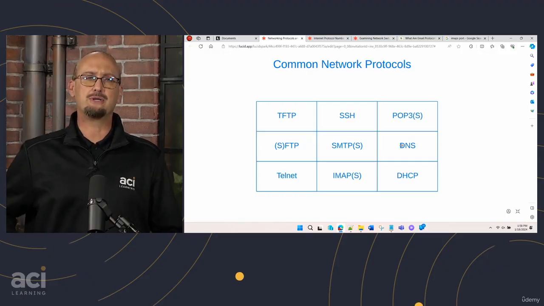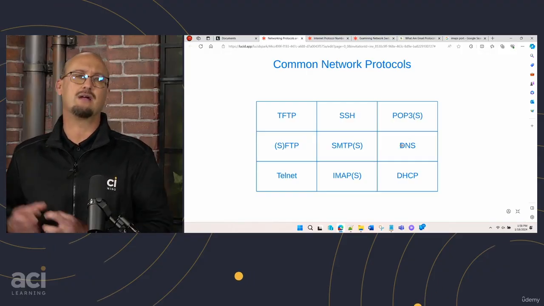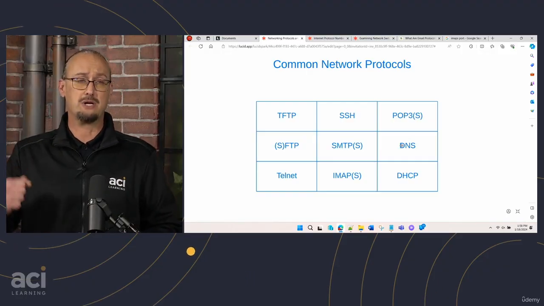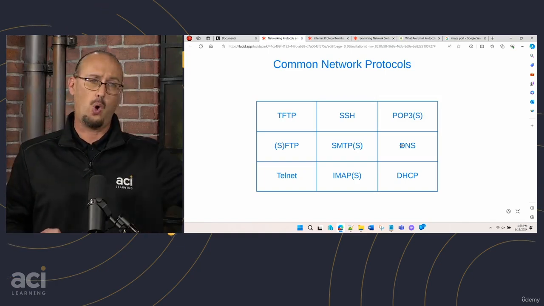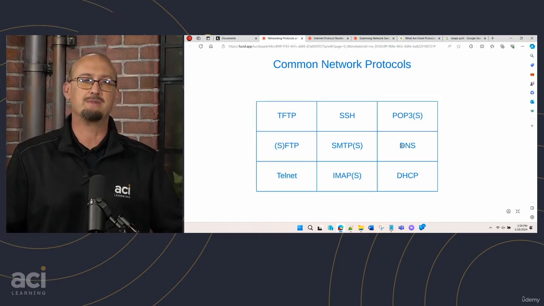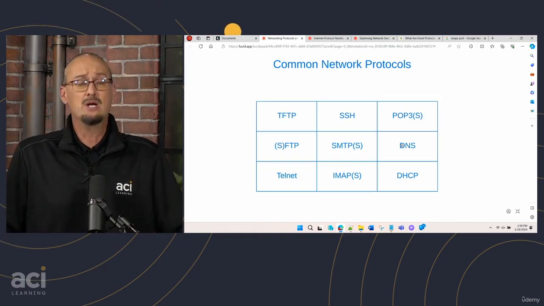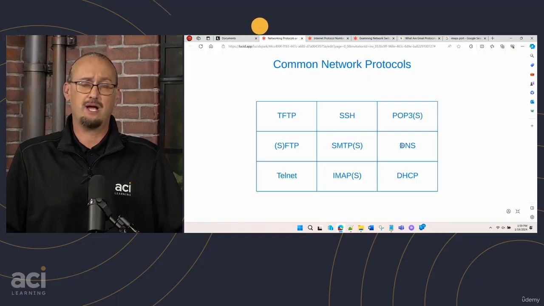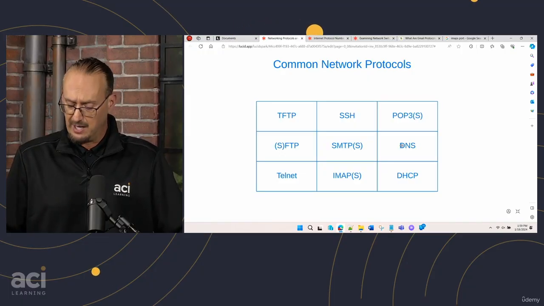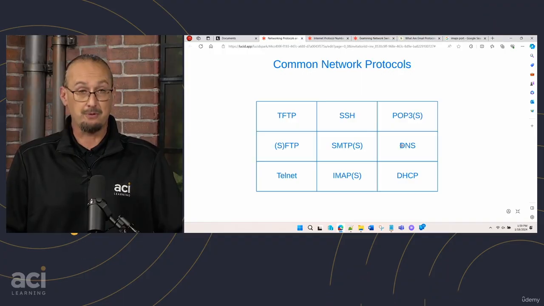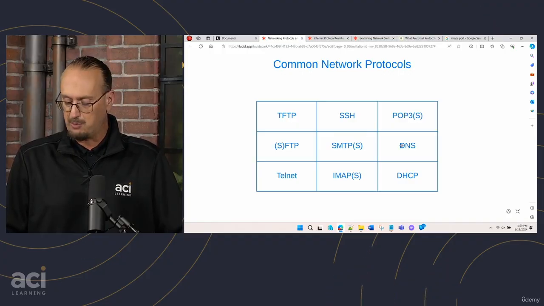So you would connect with, let's say, your Outlook client, pull down your emails, and then when you went home and tried to log back in, all those emails were gone. So this is for downloading or receiving email, and POP3 has a port value of 110. The secure POP value, POP3S, is port 995.